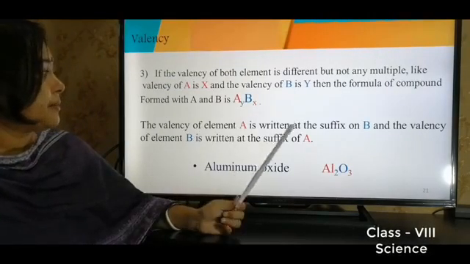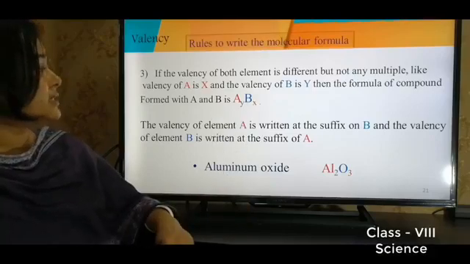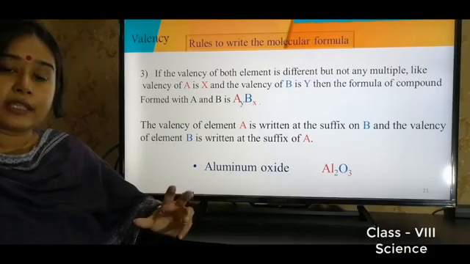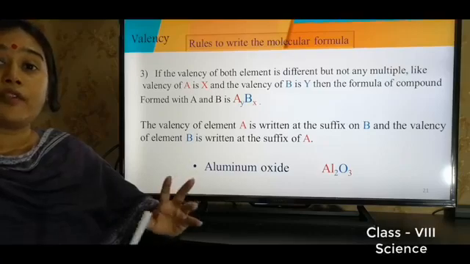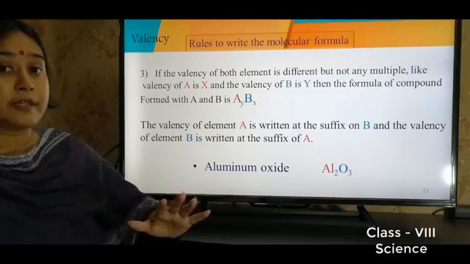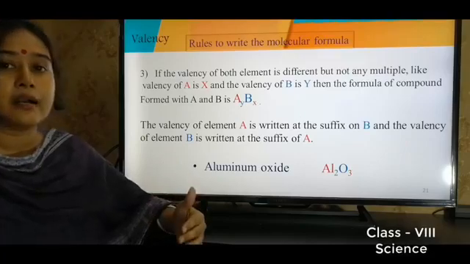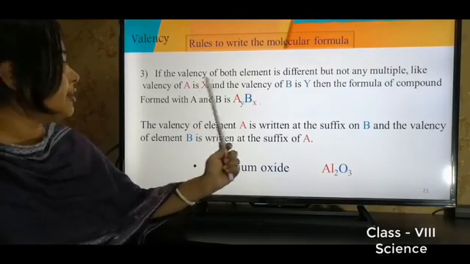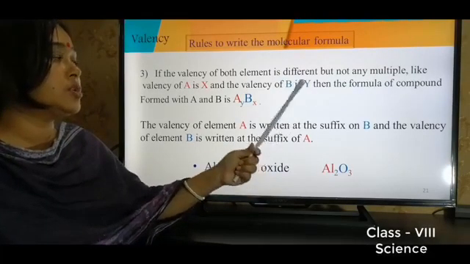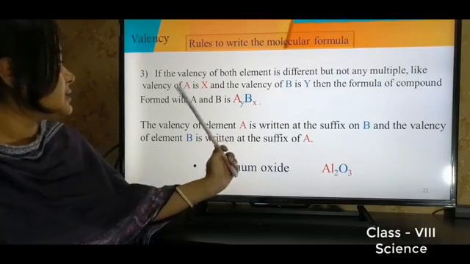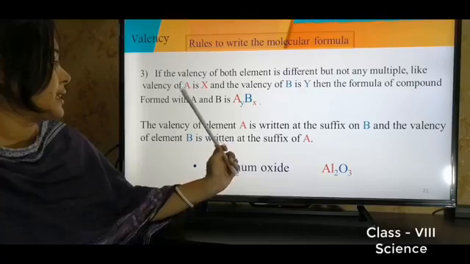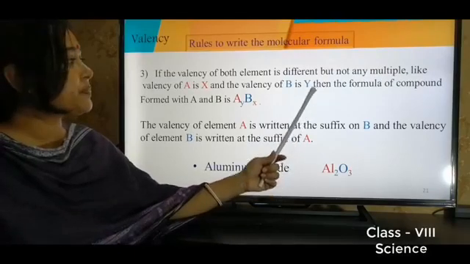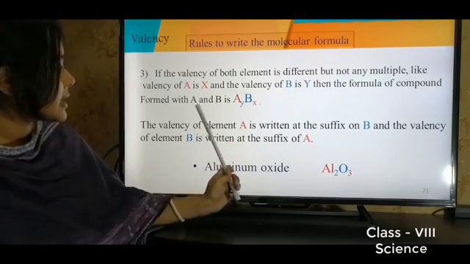Okay, and then rule number 3 is, if the valency of both elements is different. In the first rule, we have seen that if the valency of elements are the same, and then we have seen if the valency of elements are different and multiples of any number. And here we can see if the valency of both elements is different but not any multiple. This is an example: the valency of A is X and the valency of B is Y. Then the formula of compound formed with A and B is